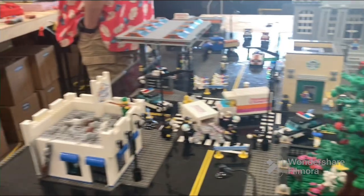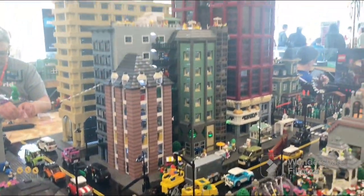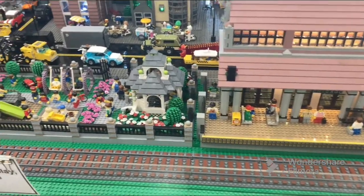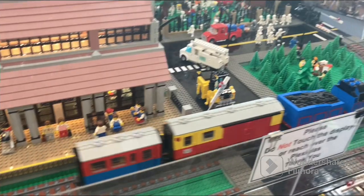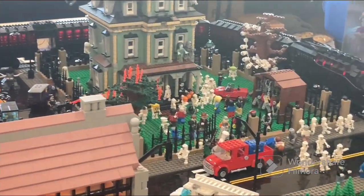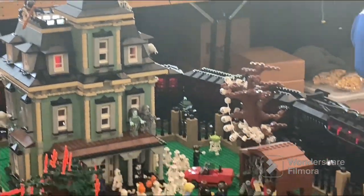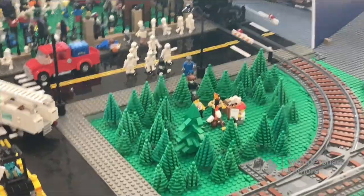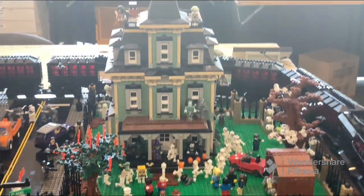You can pause the video and see if you can pick out any of the characters that are featured in there as little Easter eggs. Those are usually super fun to find, just walking around the models over and over again looking for Easter eggs. Of course, you've got Beetlejuice sitting on top of the haunted house. That stuff's just really fun to find, and I really think it elevates a lot of the builds that you see